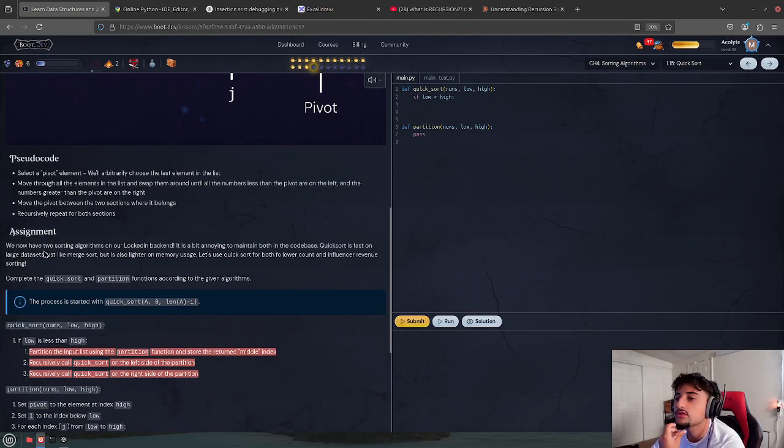We now have 2 sort algorithms. So I see how quicksort works. The process started with quicksort. If low